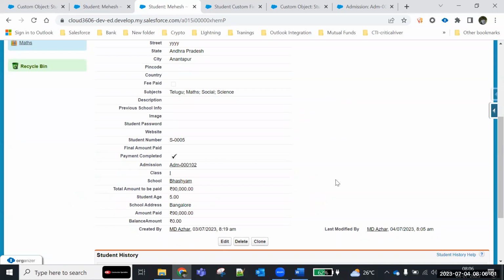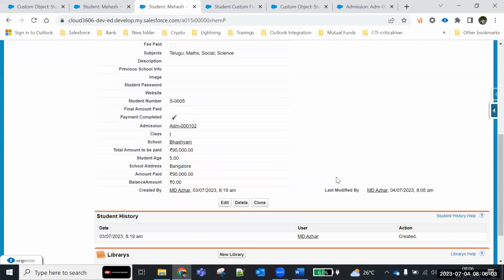Now let's try another thing. The student had paid a total amount, right? When did he complete the full payment? Management wants to track when the payment is completed. So then what you can do here, we need to create another formula field, where we say if payment completed equal to true, then